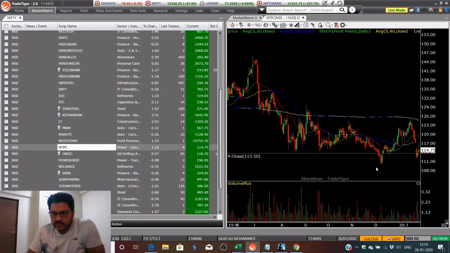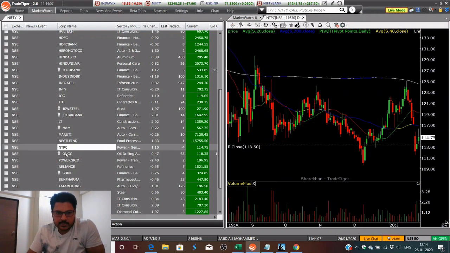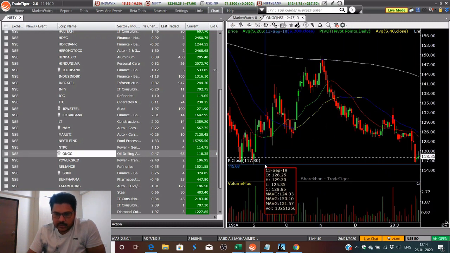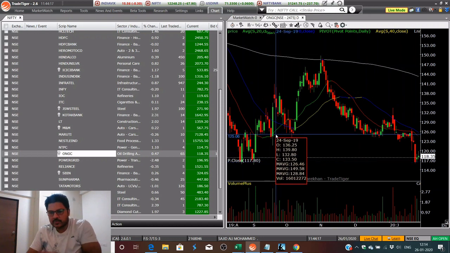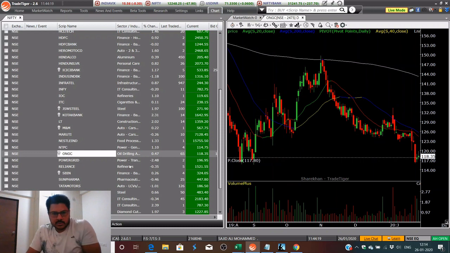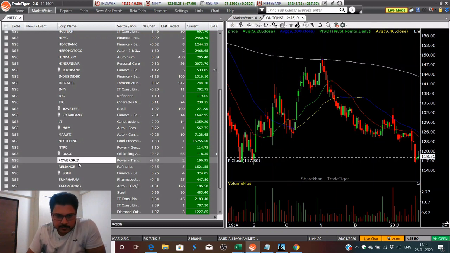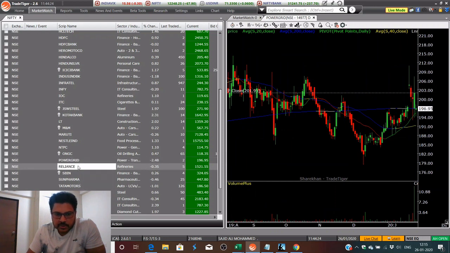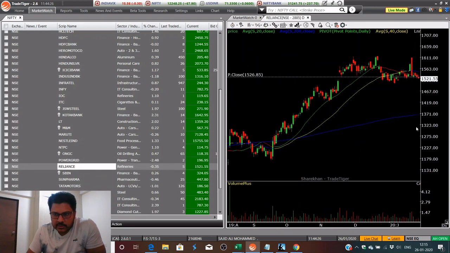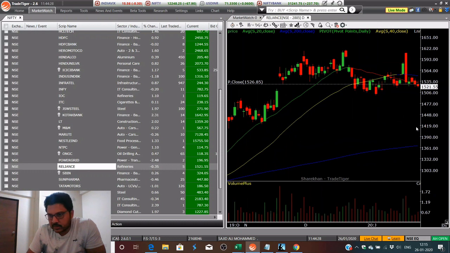NTPC sideways, avoid. ONGC retracing from its previous low, so it is bullish for a few days till it hits 126. So you can avoid this. Power Grid, avoid. Reliance is in a sideways zone,